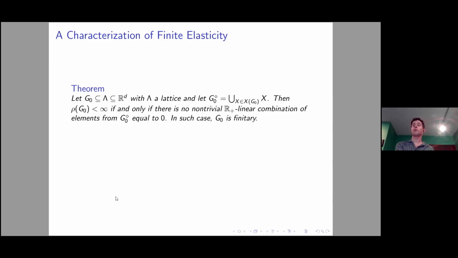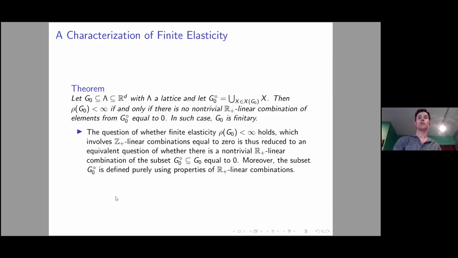And it can also be shown that that condition implies the set is finitary. So all those nice properties I was talking about hold for finite elasticity. And if you have finite elasticity, you can use all those properties to study the factorization behavior of G naught, and also therefore of the associated monoid. So if you were dealing with a Krull domain, and that was the class group and those were the set of primes, then by studying the set over here, you could derive the corresponding properties for the Krull domain.